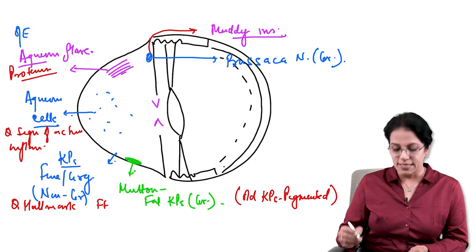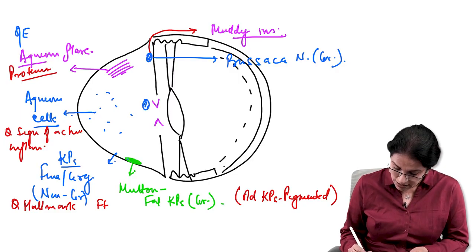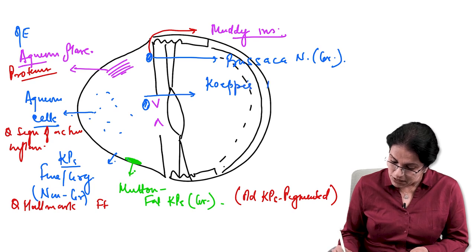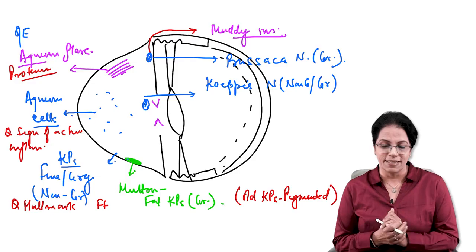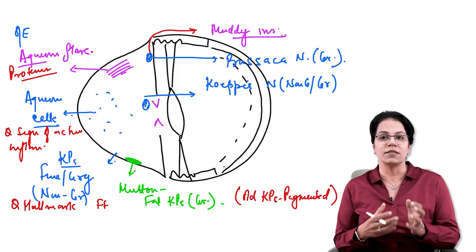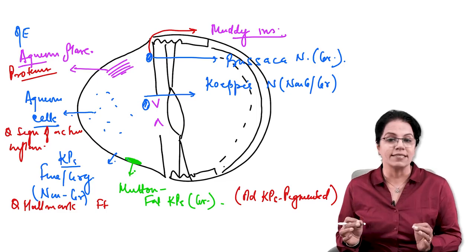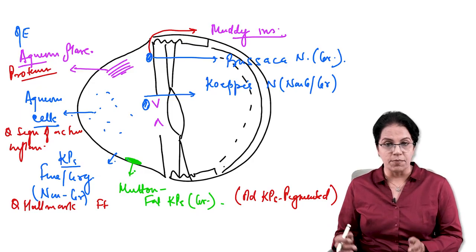Coming back to the second type of nodule, it is the Koeppe nodule. Now, the Koeppe nodule can be present in granulomatous inflammation and sometimes in non-granulomatous. Of course, if we have to choose one, we will always say granulomatous. What next? If nothing is done and it is not treated, the next thing that will start happening is adhesion of